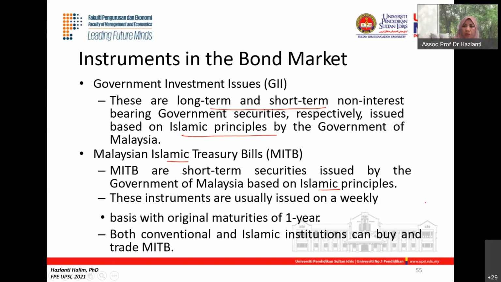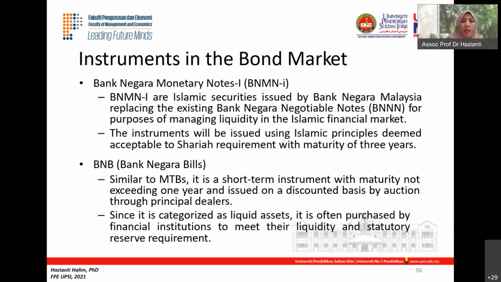The original maturity is 1 year for this MITB. Both conventional and Islamic institutions can buy and trade MITB. There is no restriction for this Islamic product. It can be bought by both conventional and also Islamic institutions. It is not restricted, where only Islamic institutions can buy MITB; conventional institutions can buy too. BNM notes, Bank Negara Monetary Notes,